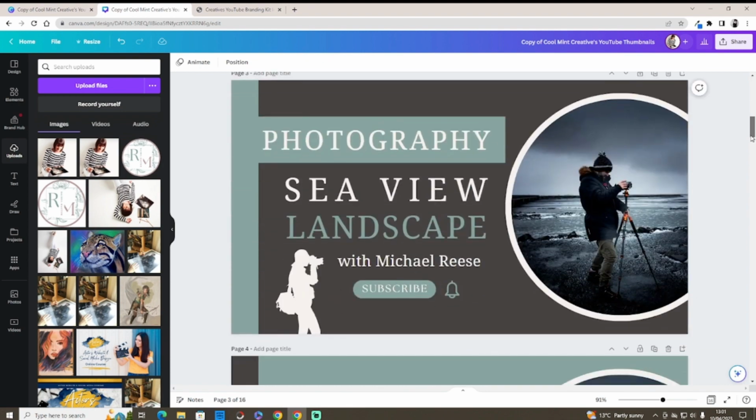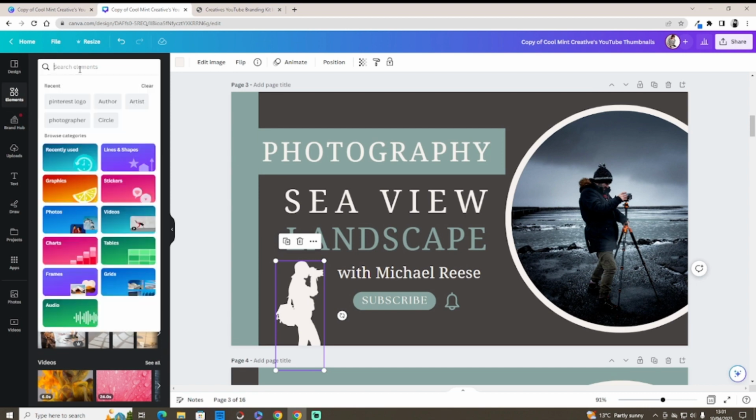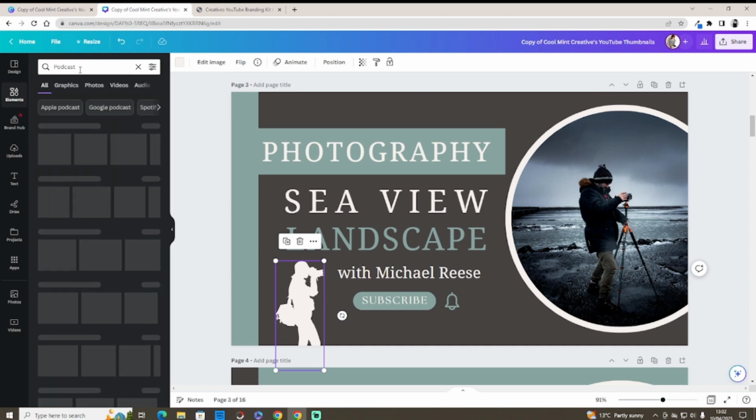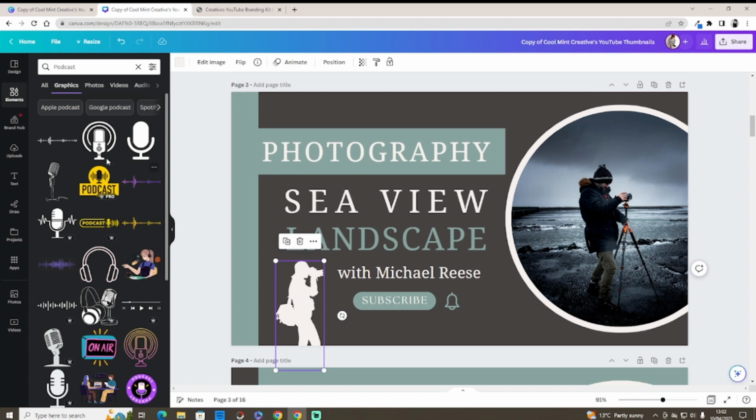Now, we do have ones with these elements. You can change these elements. If you go to elements, and for example, you may be into podcasts. So type in podcasts and you want to look for graphics. So here are the graphics. You don't want the ones moving. You want the free options. This is a free option there. So you click that one